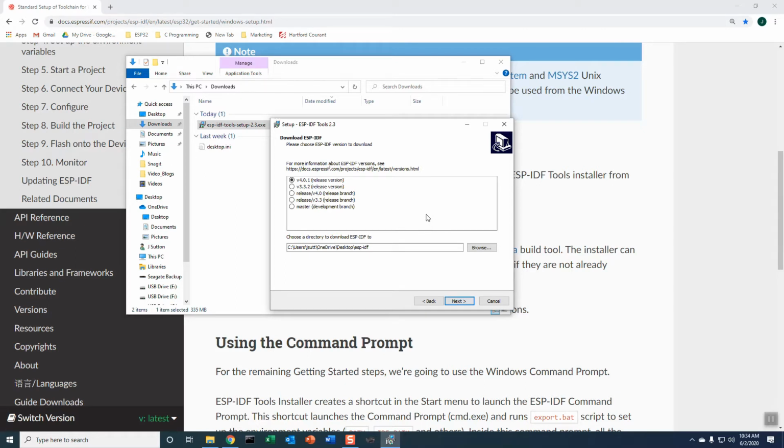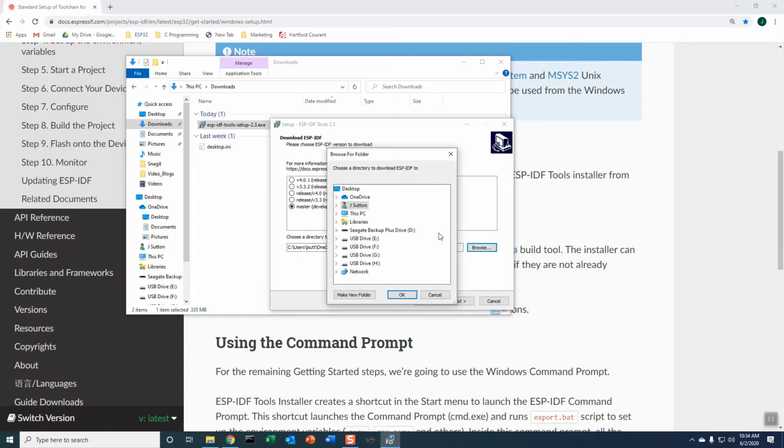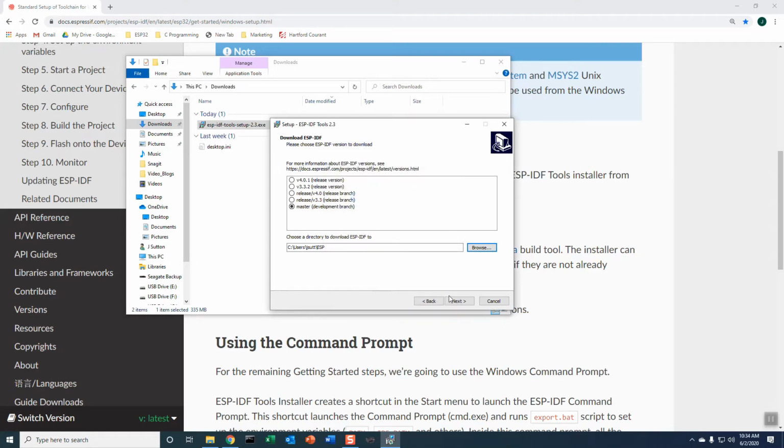And I like the master, the bleeding edge. It probably has more stuff in it that I can actually use, and it's also addressing bugs that are happening, and most of us are working on in the same area. So some of the development actions are very important to what I'm probably interested in. So I'm going to choose this file I just created, and